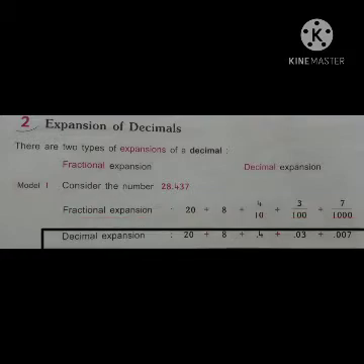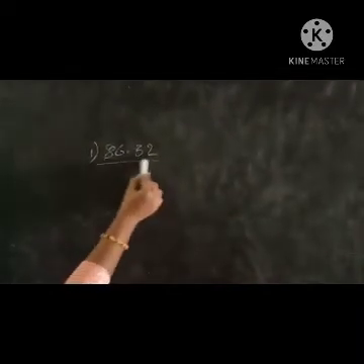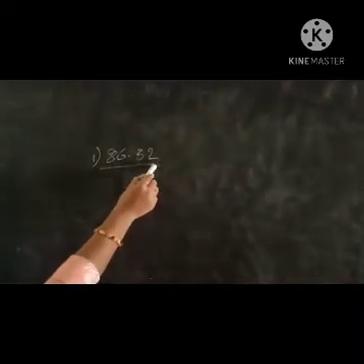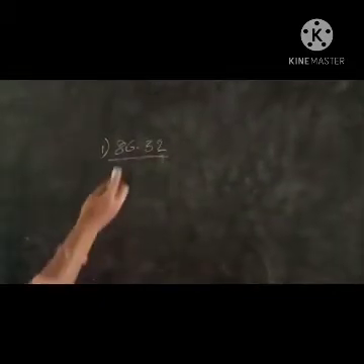Next one is decimal expansion. Decimal expansion is also the same, children. 20 plus 8, common, like the expanded form. Afterwards, 4 by 10 is, then after the point the number we have to write. That's why we have to write 0.4 plus 0.03 plus 0.007. We have to write the expanded form of the fraction in decimals. Okay, we have to write this number in expanded form. Now, what is this number?